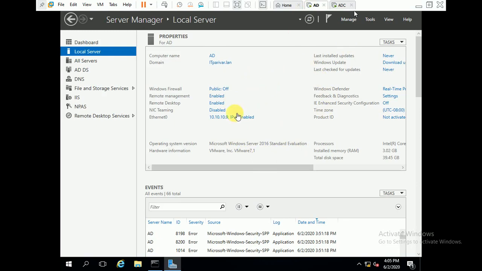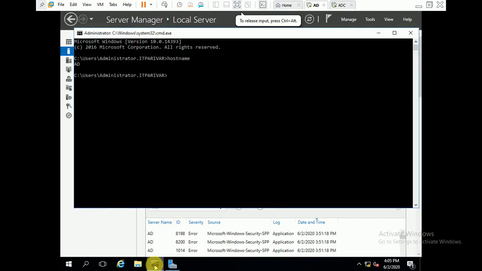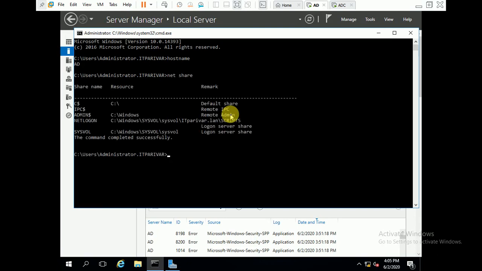On this server, the netlogon, default and sysvol folders are shared, meaning they are working fine. We can check it from here with net share. If you run this command, you can see sysvol and netlogon shares.